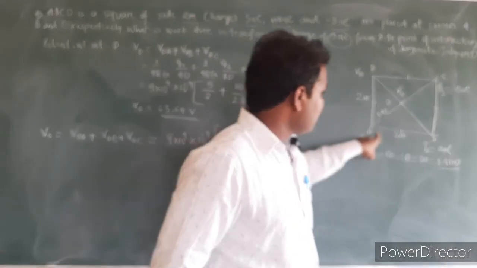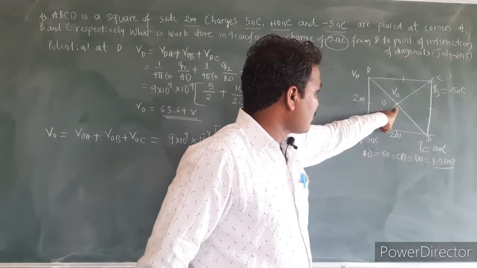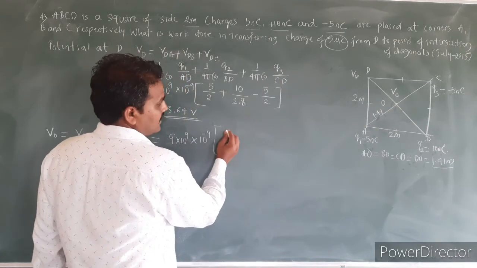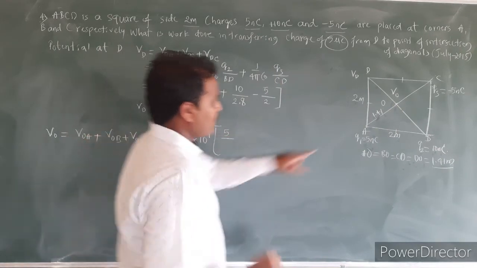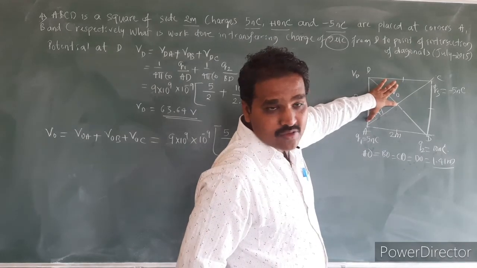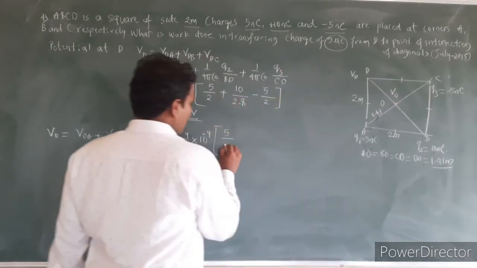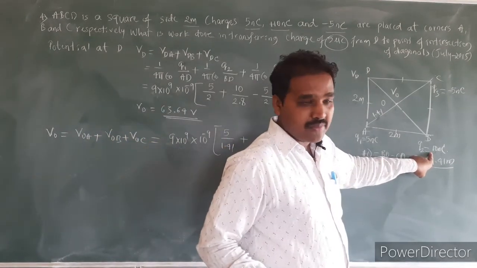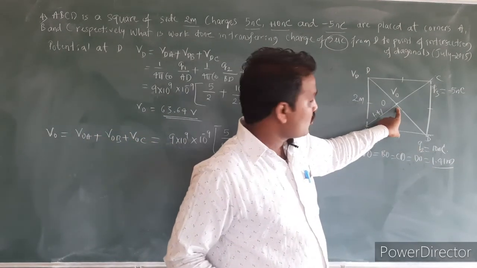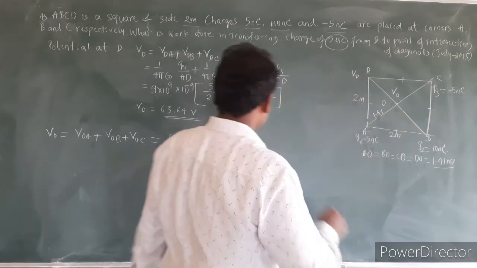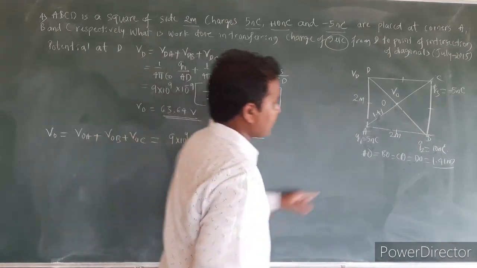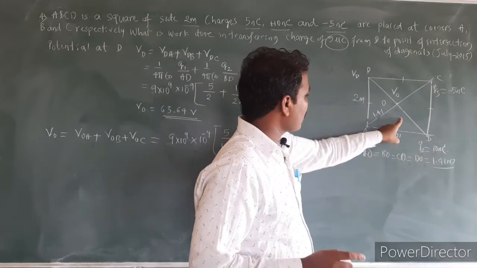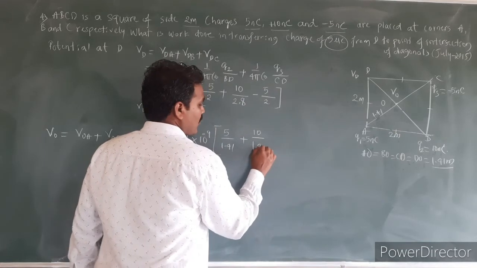Just compare with the previous case and write the values. Here my source charge is at A and the point of concentration is at O. Here the distance I have to write is what? 5 divided by the distance between the source charge and the point of concentration, that is 1.41. Plus the second source charge is at B and the point is O. The distance here also is the same. So I have written 10, the magnitude of the source charge is 10 nanocoulomb, 10 to the power minus 9 written outside already, divided by 1.41.